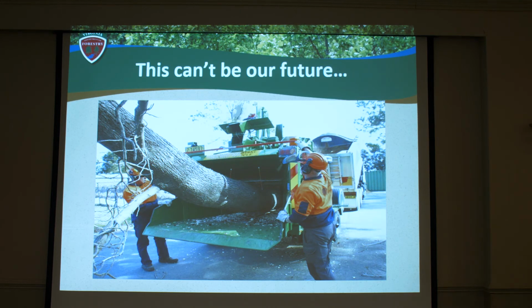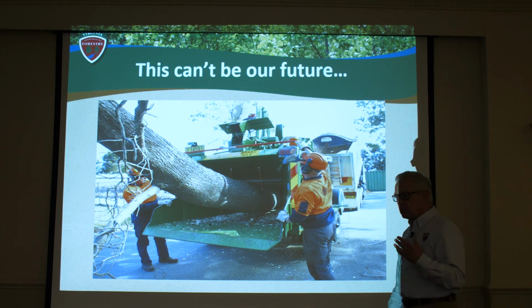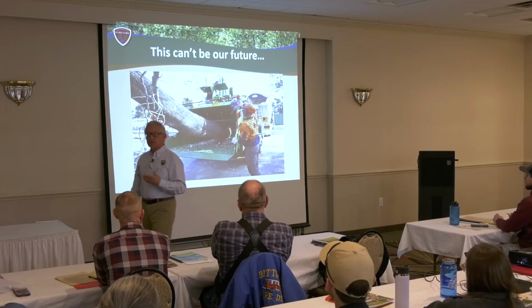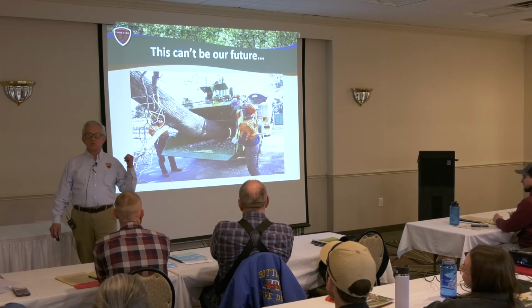And you might think, yeah, but that tree is crooked, it's got limbs on it. If you're at all familiar with local or urban wood businesses, you will know that they use trees